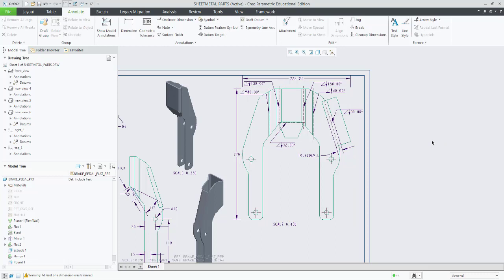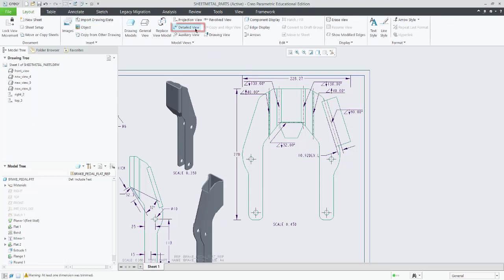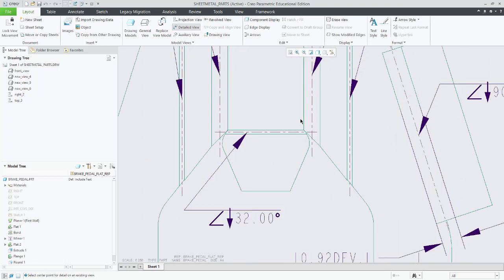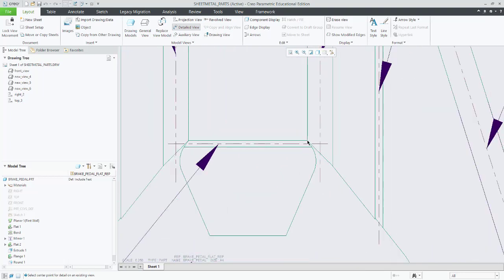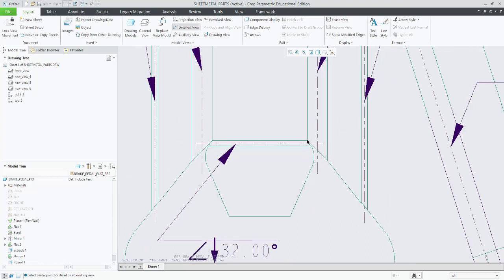Now we are going to create a detail view. So go to layout. There's an option of detail view. Select where you want to create this detail view. So I want to create the detail view somewhere here. So click at this location. As soon as you click, it will show an X. Now all you have to do is draw a spline to capture this particular area.